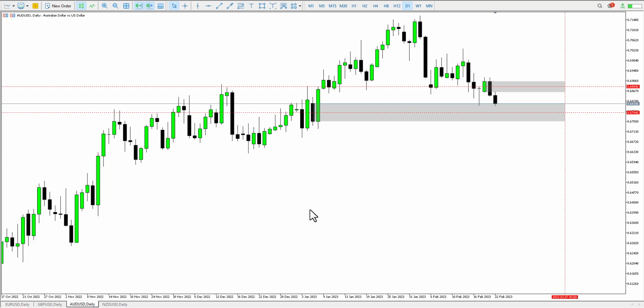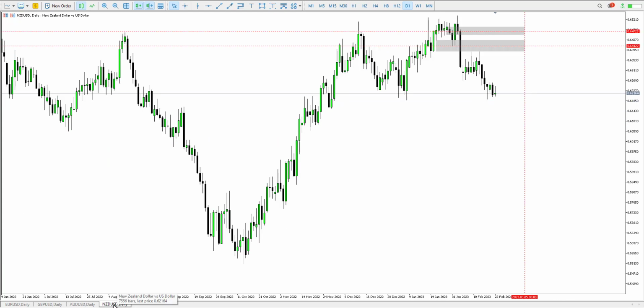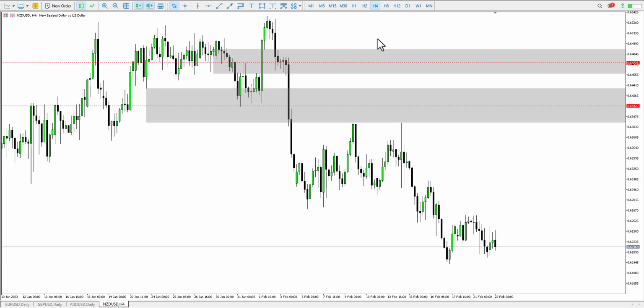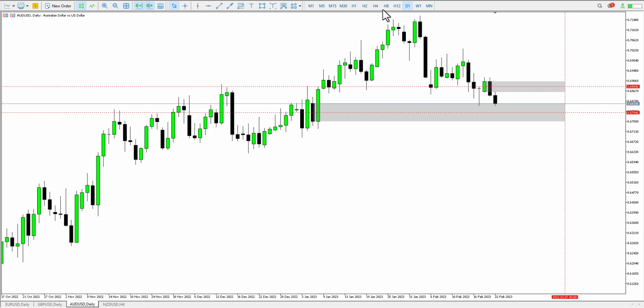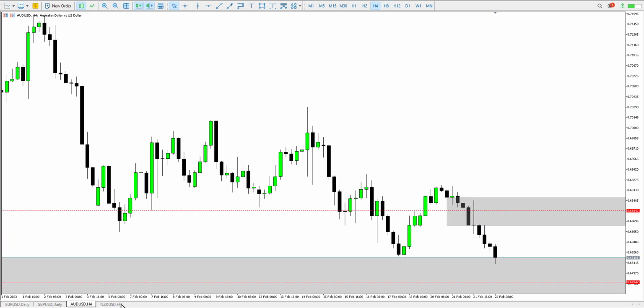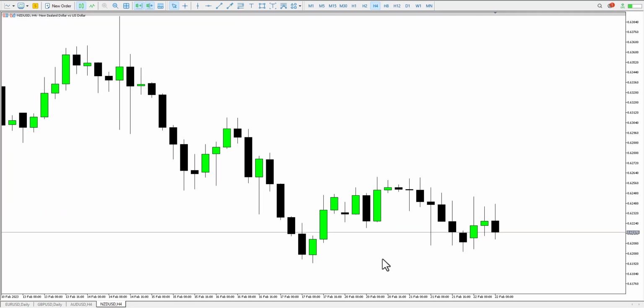Now, I'm going to go to the other correlating pairs. For instance, NZD-USD. This is NZD-USD daily. I'm going to go to H4. When Aussie dollar was running stops, the current H4 candle on AUDUSD on H4 potentially ran off stops below an old low, meaning it has already created a new low. At the same time, we get